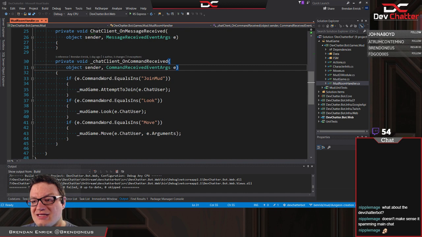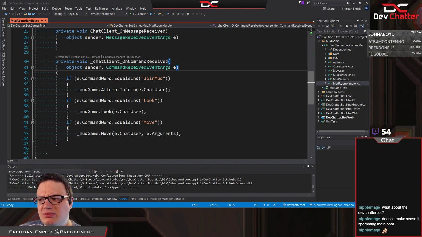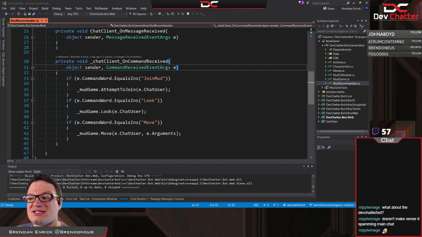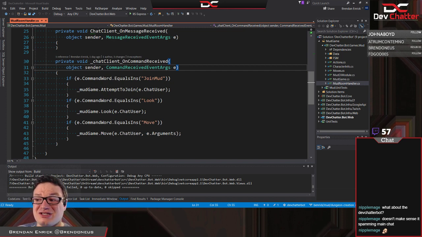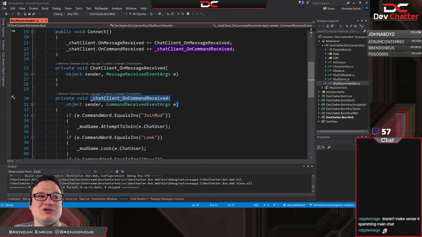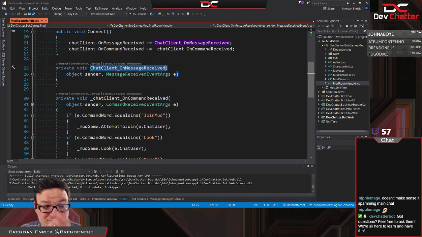So if we want to make it so that the text adventure game is playable, we probably don't want to have people typing in exclamation point commands all the time inside that chat. It's more going to be the place where whatever you're typing in is expected to be a command for the bot. So instead of looking for command words, like what these are, we're probably going to switch it eventually to not be based on command words, but for now it is based on command received. So clearly we could just move it to message received instead. But we'll look at that when we get there.